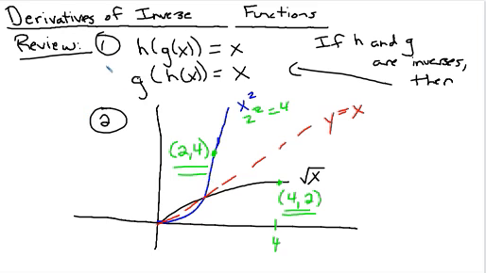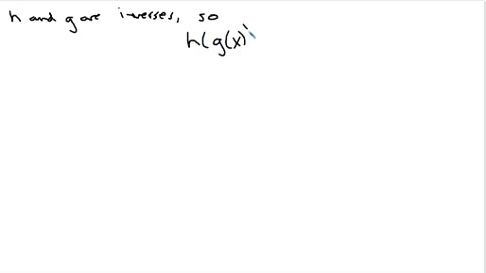Okay. So what I want to do is come back to this and take the derivative of it, and I'm going to do that on the next screen. So if I have that statement, h and g are inverses, so h of g of x equals x, then if I find the derivative,